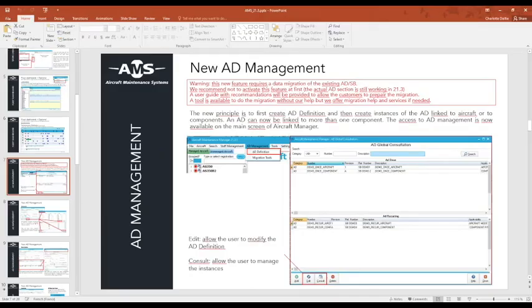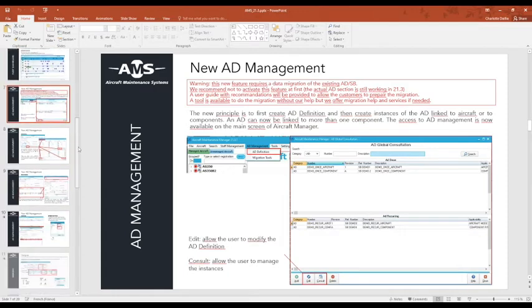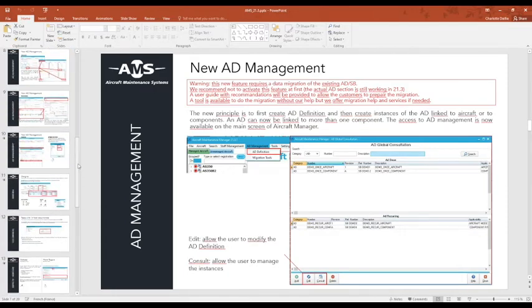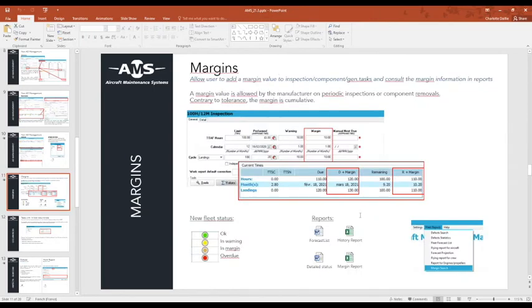Okay, so these 3 features are the major ones that you will find inside the system. We have also the margins. So the margins are the values allowed by the manufacturer on periodic inspection or component removal.